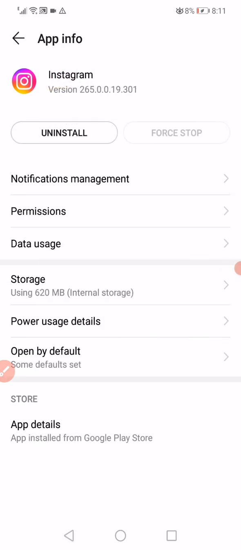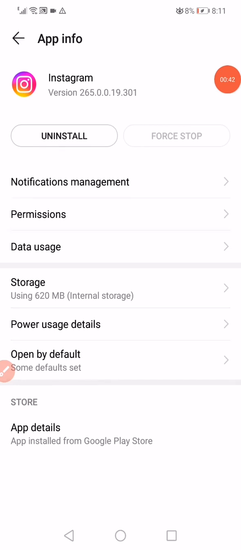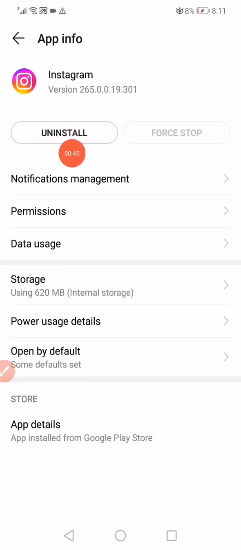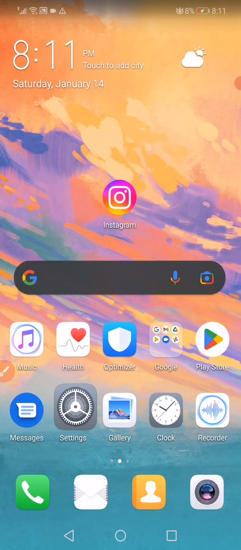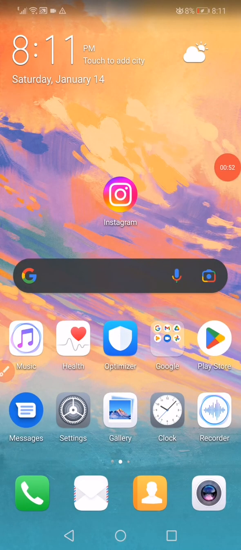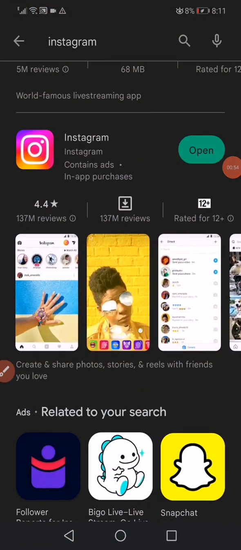If it's not solved yet, then there is the second solution, which is you have to remove Instagram from your phone by clicking on uninstall and then go to the Play Store and reinstall it again. And the third way and the last one is you have to update your Instagram in the Play Store